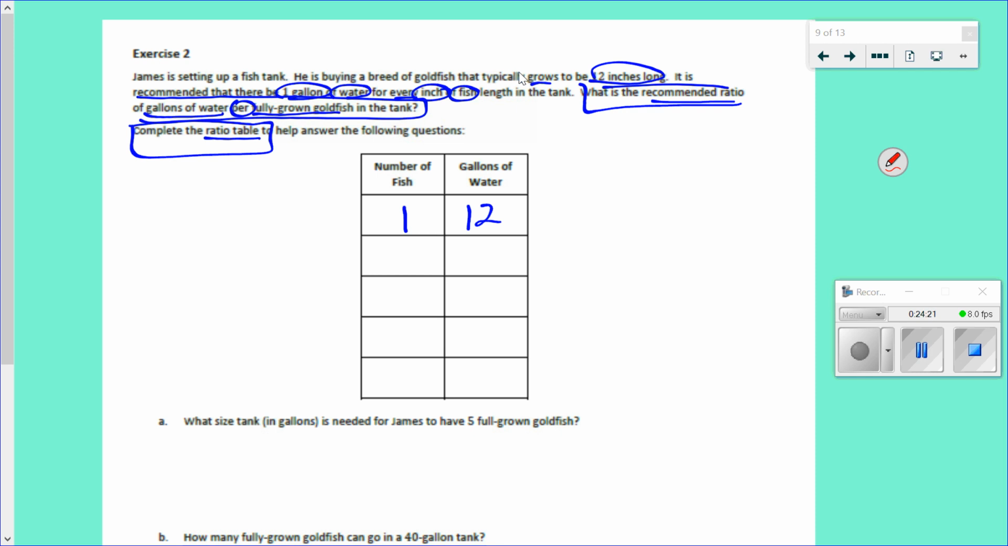So now, what's my next entry going to be, JJ? How did you get that? Okay, so you're looking at it as additive. Don't forget to show your work, guys. So then my next entry would be,